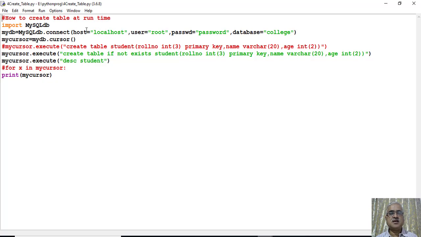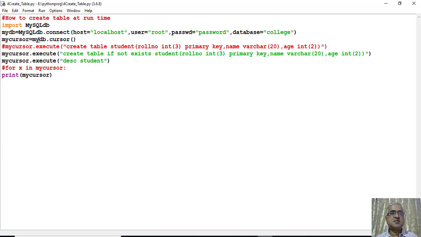Previously, we passed only three arguments, that is localhost, root and password. Now, if we want to enter into the database college, then we have to pass another argument, database is equal to college.